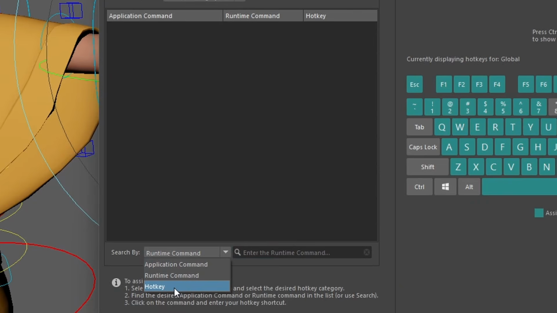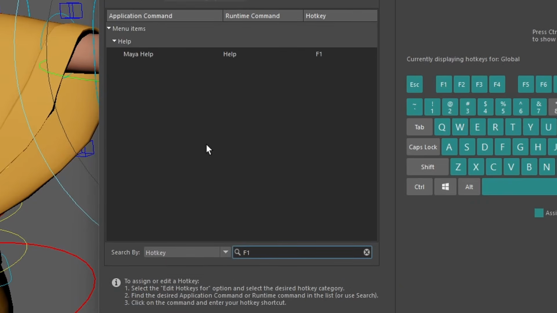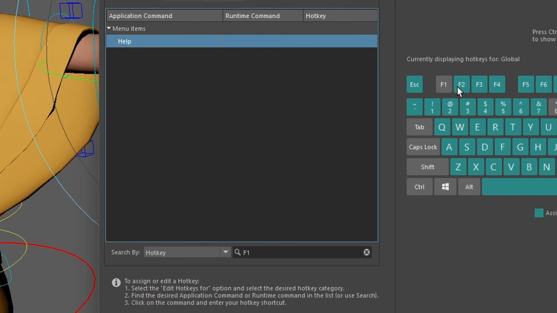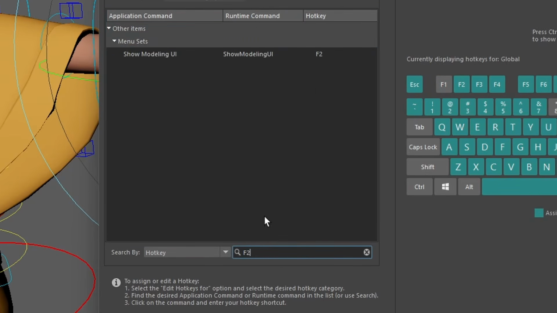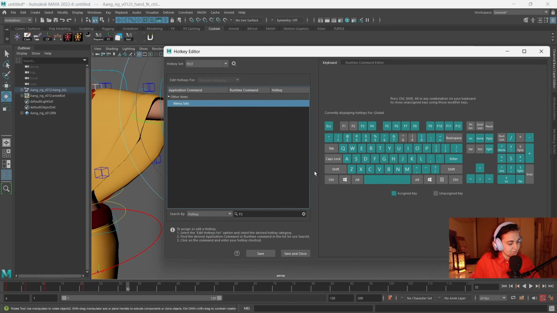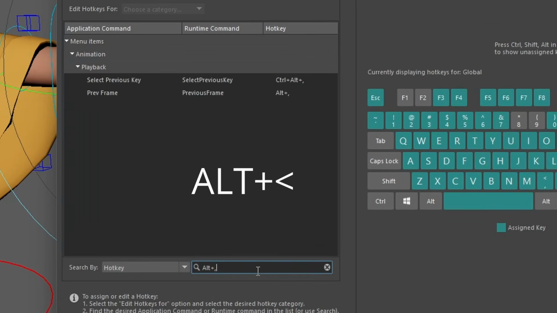Now, the different way to start it, we're going to press a hotkey, and I'm going to press F1. So, Maya Help. No longer Maya Help. Thank you. You can just delete it first, just so it's free. And then we're going to press F2. Going to delete it too. Now we need to find these buttons, right? So let's press here now Alt,